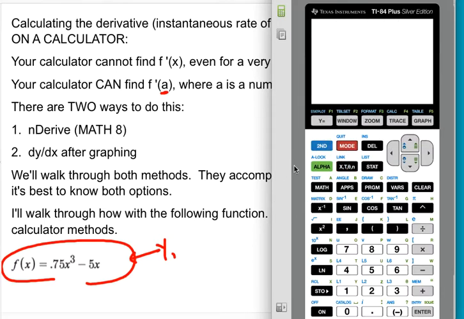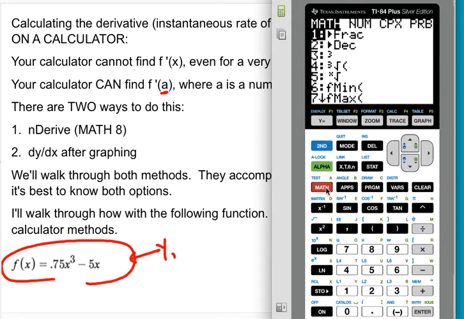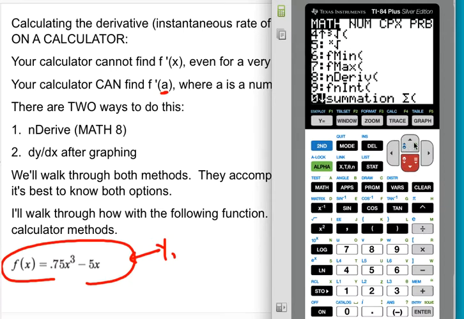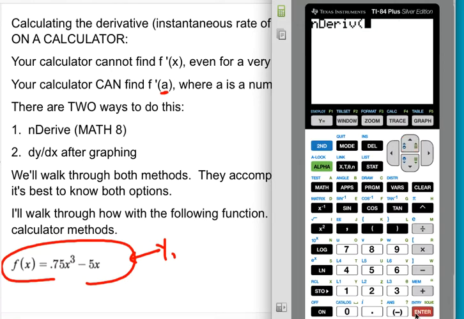So if I want to use n-derive, I'm going to press math, and you can either scroll down or you can just press 8. So there's n-derive. Now I'm in the classic version of my calculator, I believe. I can show you what it looks like when you use the non-classic version, the math print version, but what I will say is it's pretty intuitive if you're using the math print version. It is much less intuitive if you're using the classic version that I grew up with when I was using